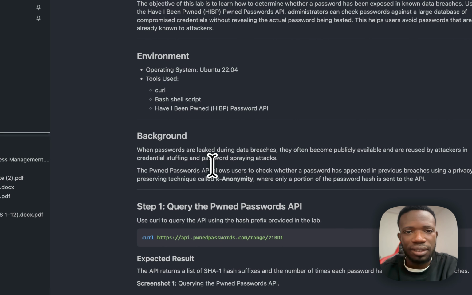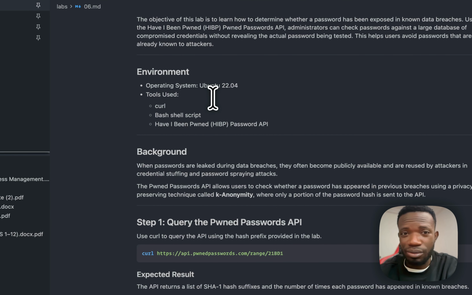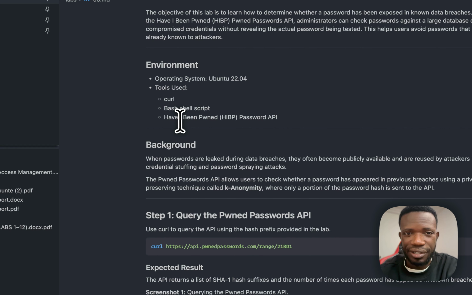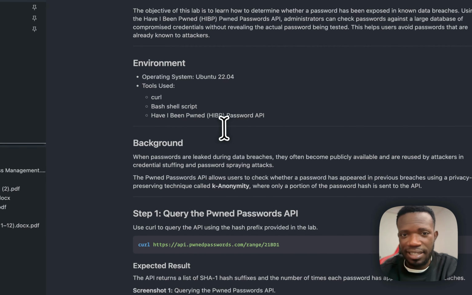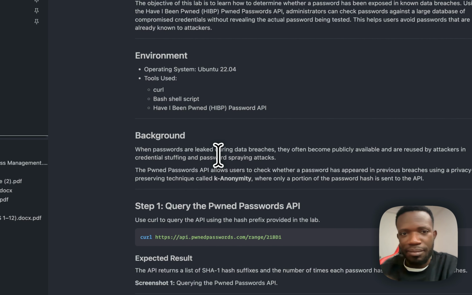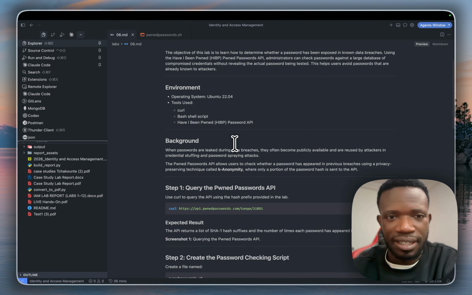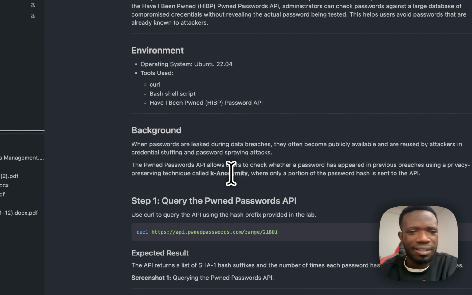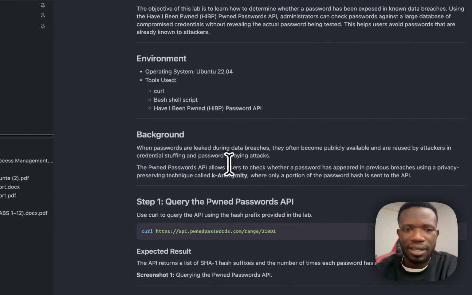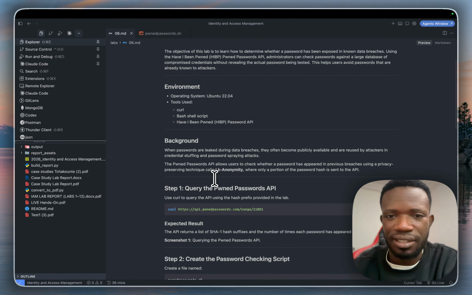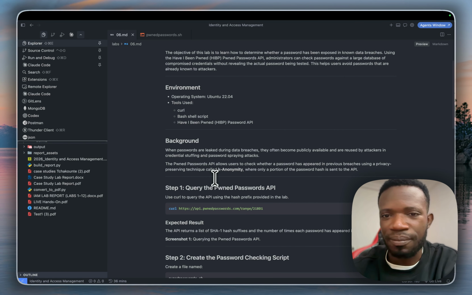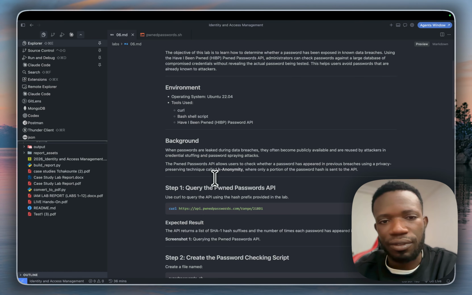All right, so I'm working on Ubuntu 22, and I'll be using curl and a bash script to check this against the Have I Been Pwned Passwords database. Normally, when a password is leaked during data breaches, it becomes publicly available, and attackers can potentially use it for credential stuffing or password